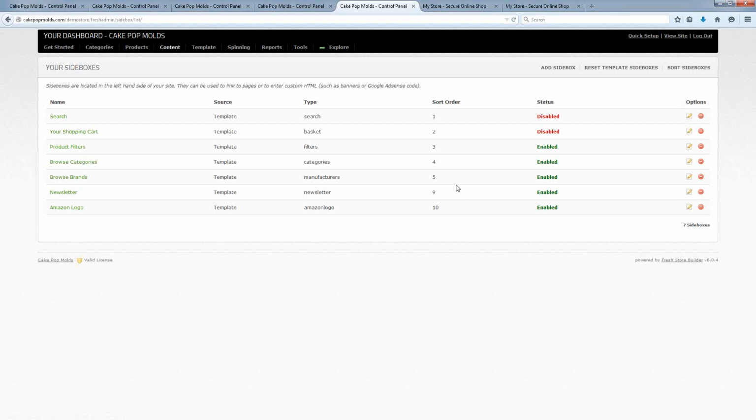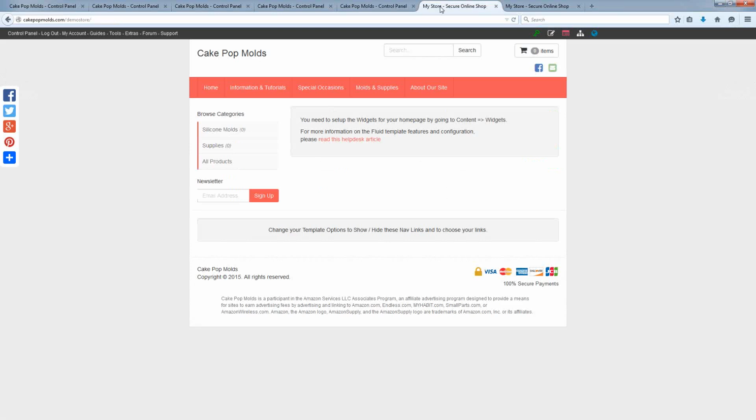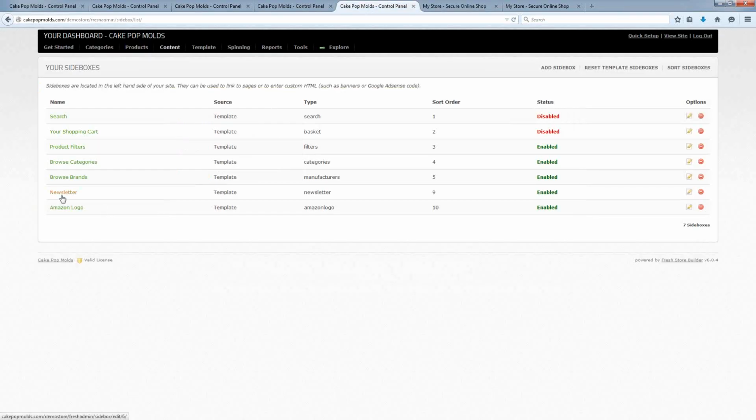Now, other side boxes you might want to disable. For example, if you're not going to run an email newsletter with your site, then you wouldn't need to be using the exit pop-up with the newsletter in it, and you certainly wouldn't want to be using that in the sidebar either. So if you click on newsletter or the edit icon,